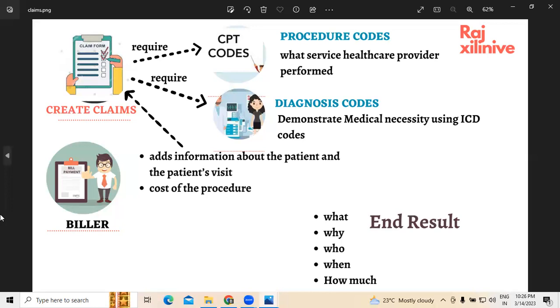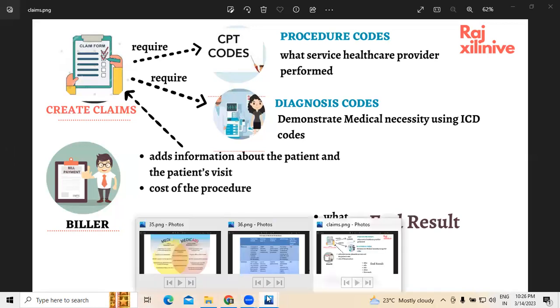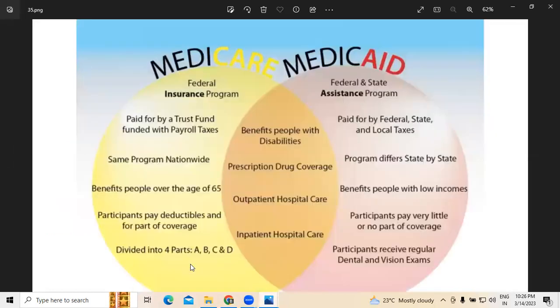One little question, Raj. You explained Medicare and Medicaid. In Medicare, you are saying the benefits are for people over age 65. So people like us who are not 65, what do we have in the US now? What kind of coverage? 100% benefit will be provided after 65. Below that, usually what happens is